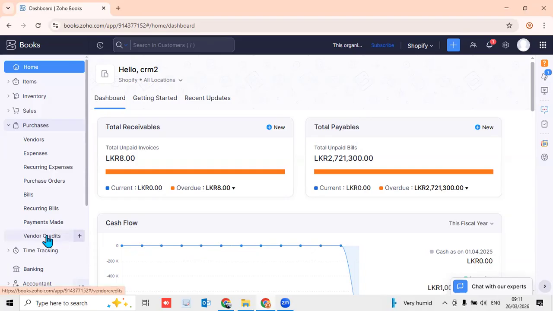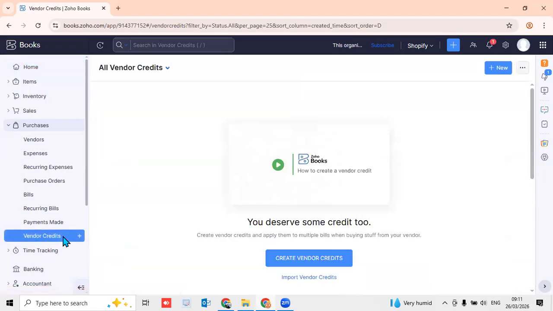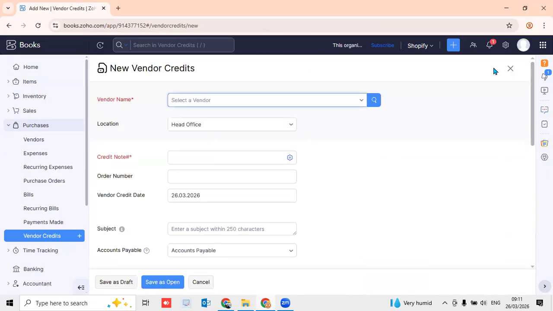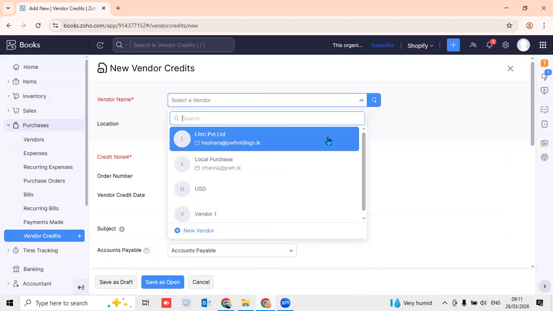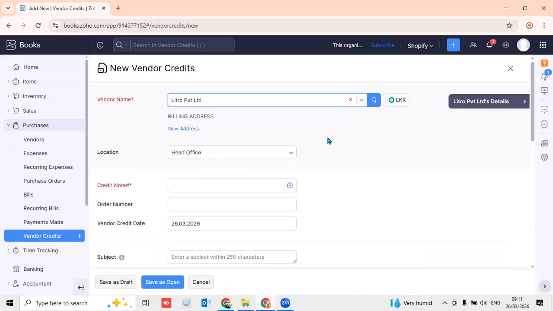From here, we can create a vendor credit. You can select purchases, select vendor credits. By clicking this plus mark or by clicking this new button, we can create a vendor credit. First, we need to select the vendor. After that,